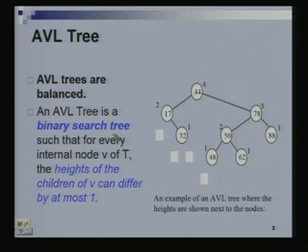It is a binary search tree, so there are two properties. It has to be a binary search tree, and for every internal node of the tree, the heights of the children differ by at most 1. Why have I said internal? Well, for a leaf node, it has no children, so it does not make any sense to talk of the height difference. For this node, the right subtree has height 1, and since the left subtree is missing, we call it height 0. So now you understand why I had to make this change today.